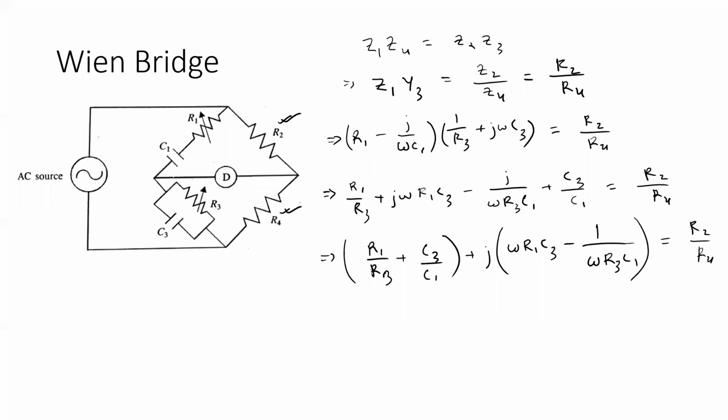So straight away, by comparing the left hand side and the right hand side, I can have the relationship between the 4 resistances and the capacitances to be R2 by R4 equals R1 by R3 plus C3 by C1. So equating the real parts. However, on the right hand side, we don't have any imaginary parts, so we can equate this portion associated with J to be equal to 0, and we can further